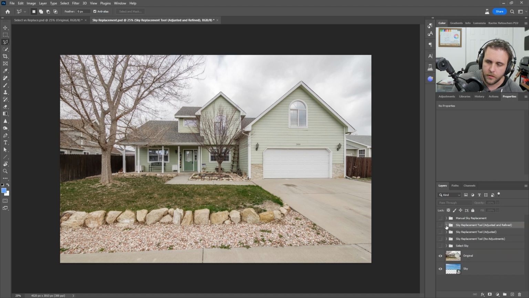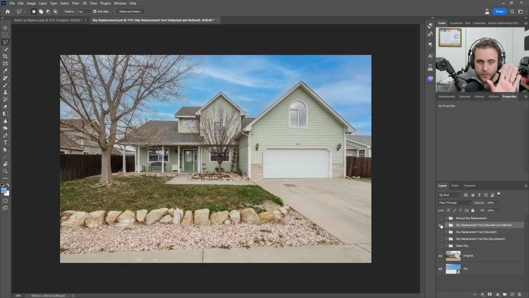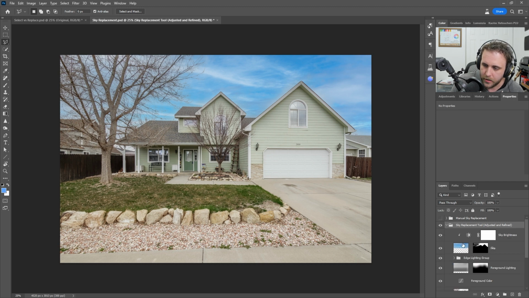So if we have the original one, you look at the tree. If I hit this, the tree gets darker for no good reason. And even though I went around and I cut out the house, the lighting is still not quite correct. I mean, I maybe could have zeroed all that out and it would look a little bit better, which, I mean, I guess I could do that now. If I turn off the edge lighting group and that one there, that's a little bit better, but